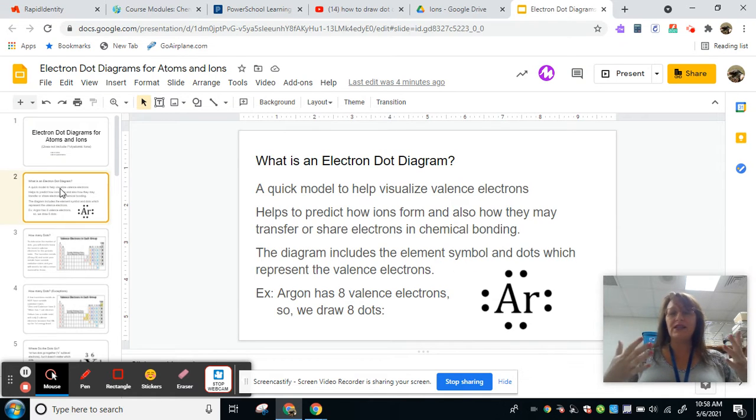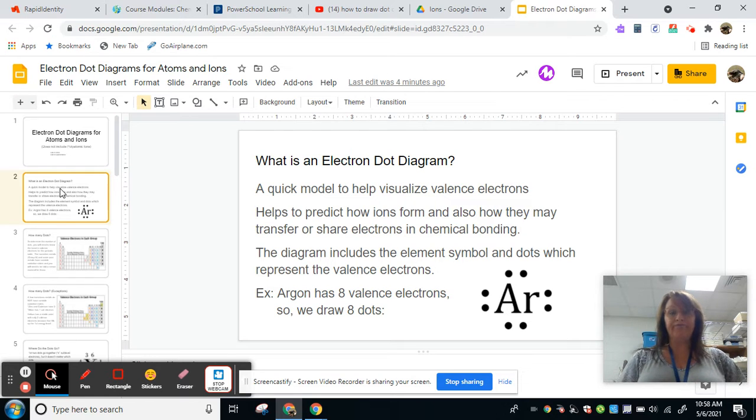Okay, so what is an electron dot model? Well, it's a quick way to help us visualize what's going on with valence electrons. Remember, these are the electrons in the outermost energy level. They're the electrons that are involved in chemical bonding. So it's really important that we know how to represent the number of valence electrons correctly. We're also going to look at how those electrons might be lost or gained in order for the atom to